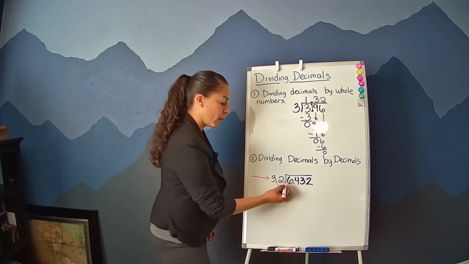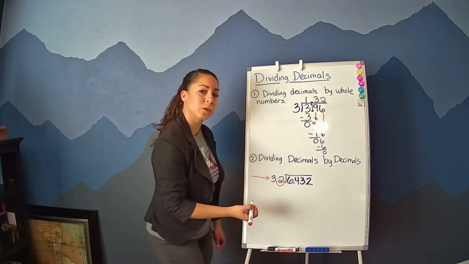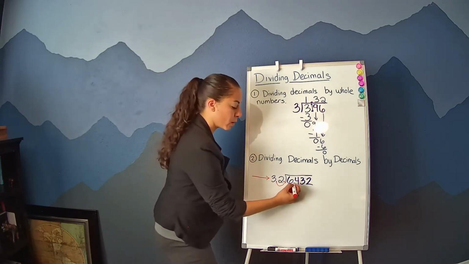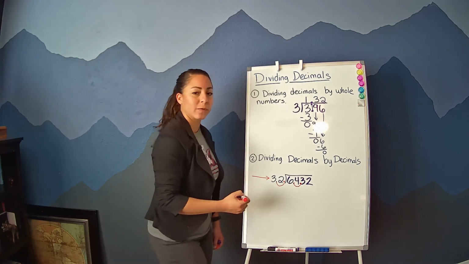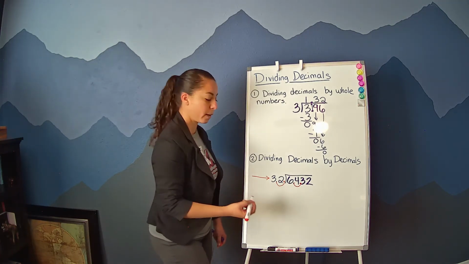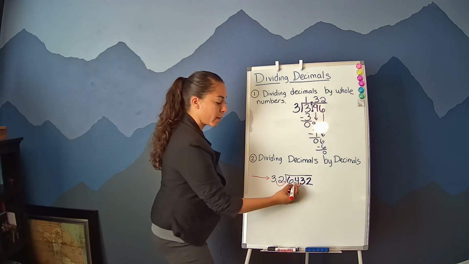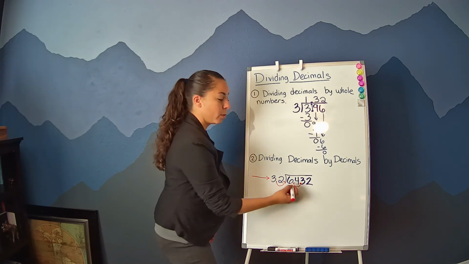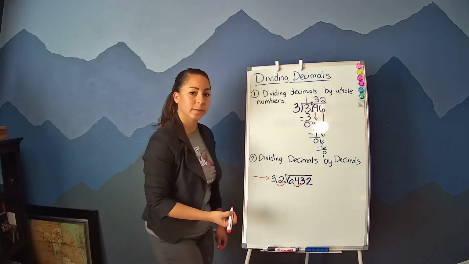So I'm going to move it over to the right so that I can have now 32 instead of 3.2. But if you do that with the whole number, then you also have to do it with the decimal inside the little divide sign. If you move it over 1 time, then you move this decimal over 1 time as well. Let's say we needed to move it 3 or 4 times, then you would move this one 3 or 4 times as well. Okay,